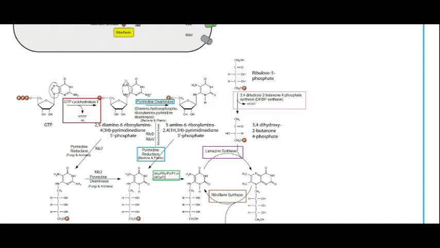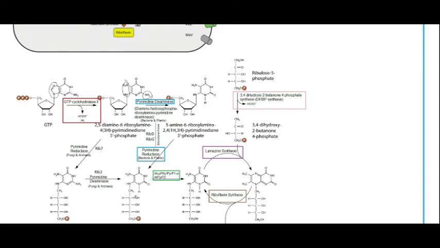And then there's this interesting little thing here, where in bacteria, in plants, there is a single bifunctional protein that does this in the order of the deamination, so removing this amine and turning it into a ketone. And then this reductase step here, which is actually opening up the ribose sugar ring into this linear